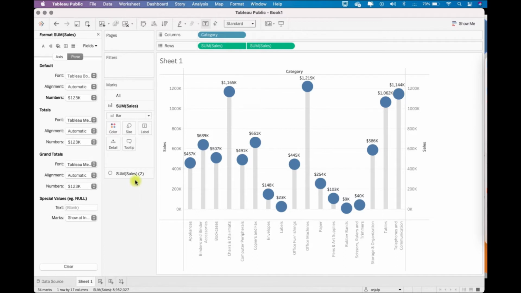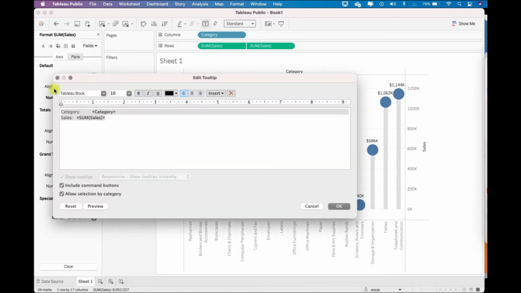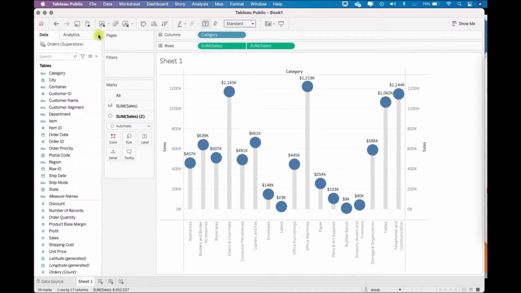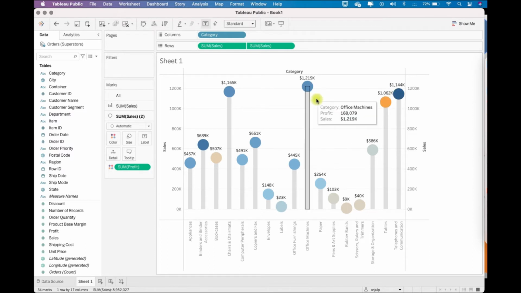Let's say the tooltip should be displayed only on the bar. Then what you can do is go here in the second tooltip, just delete this and press OK. So the tooltip will not come at the circle, it will only come at the bar. Another thing is that I can represent these circles also in the form of some other measure, so I can color code these circles. Let's say I want to color code them by profit. Just drag profit in the second mark card, which is of circles, into color. Now you see that circles are color coded using the profit.